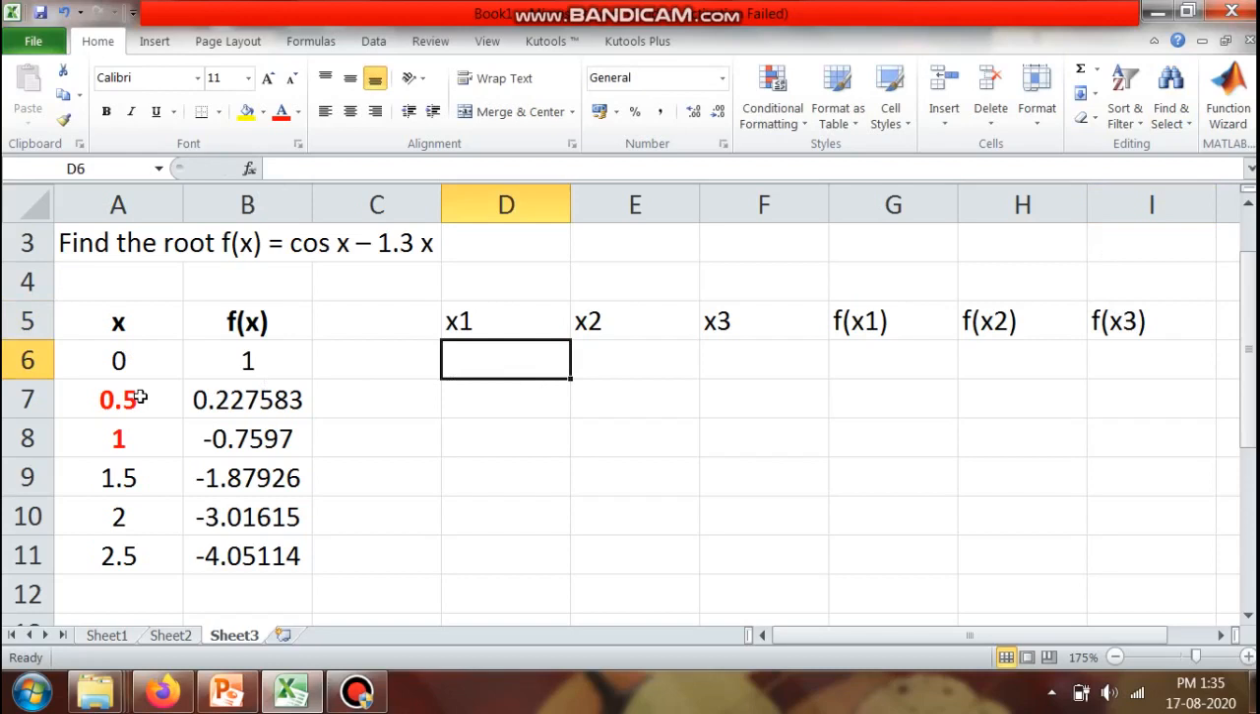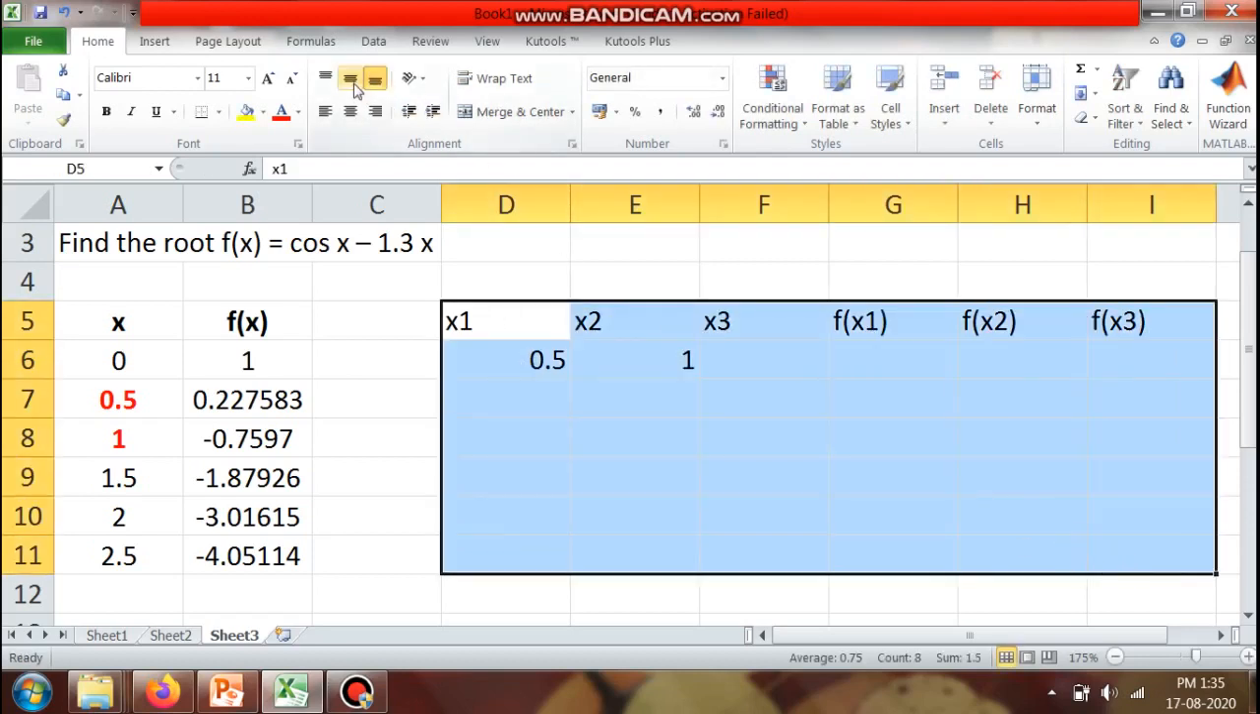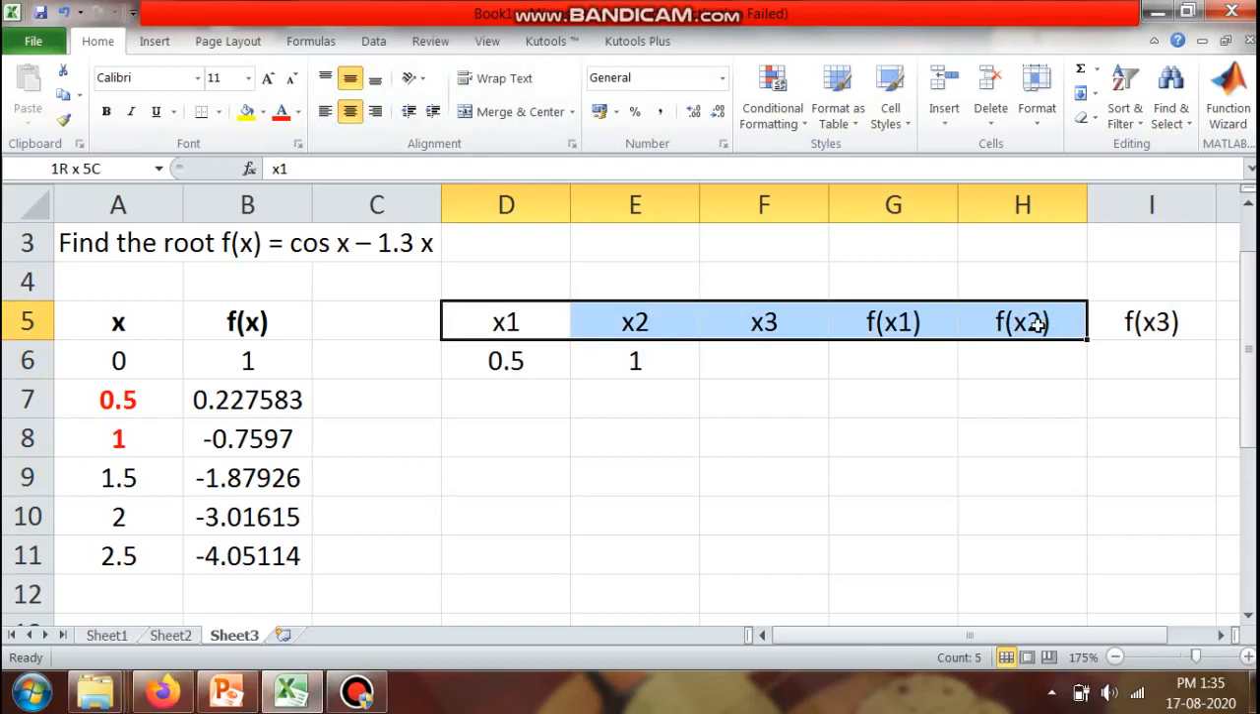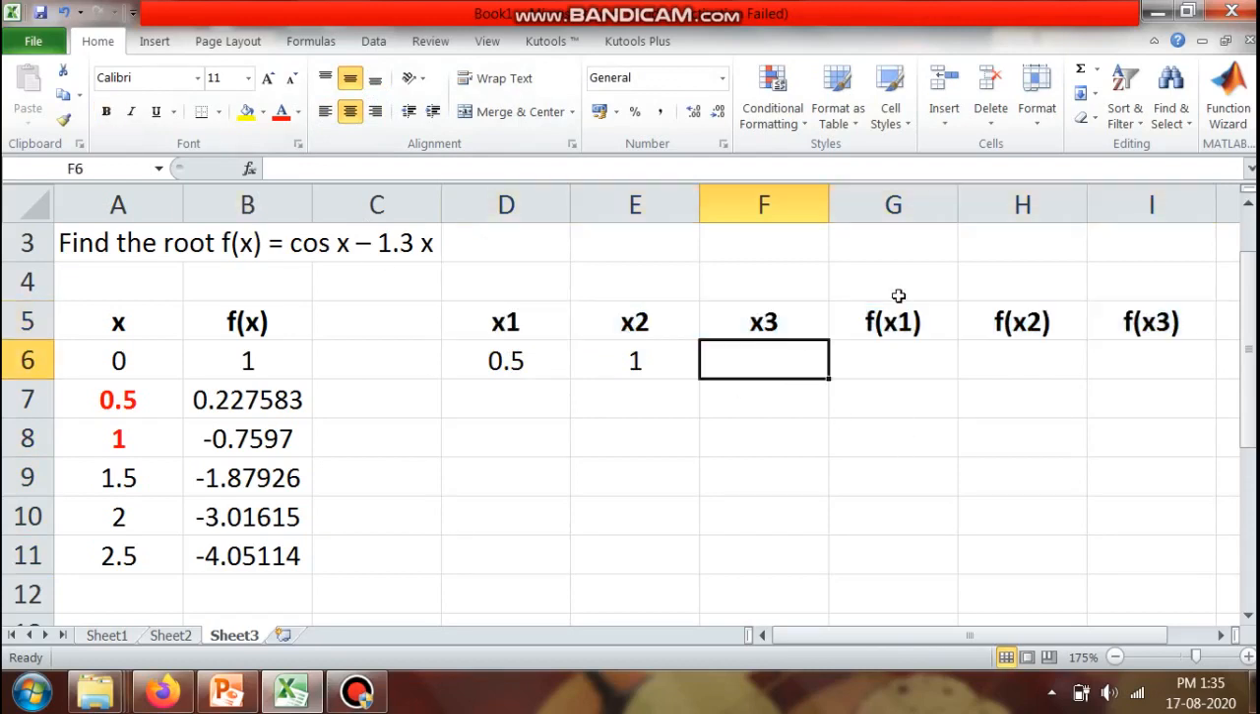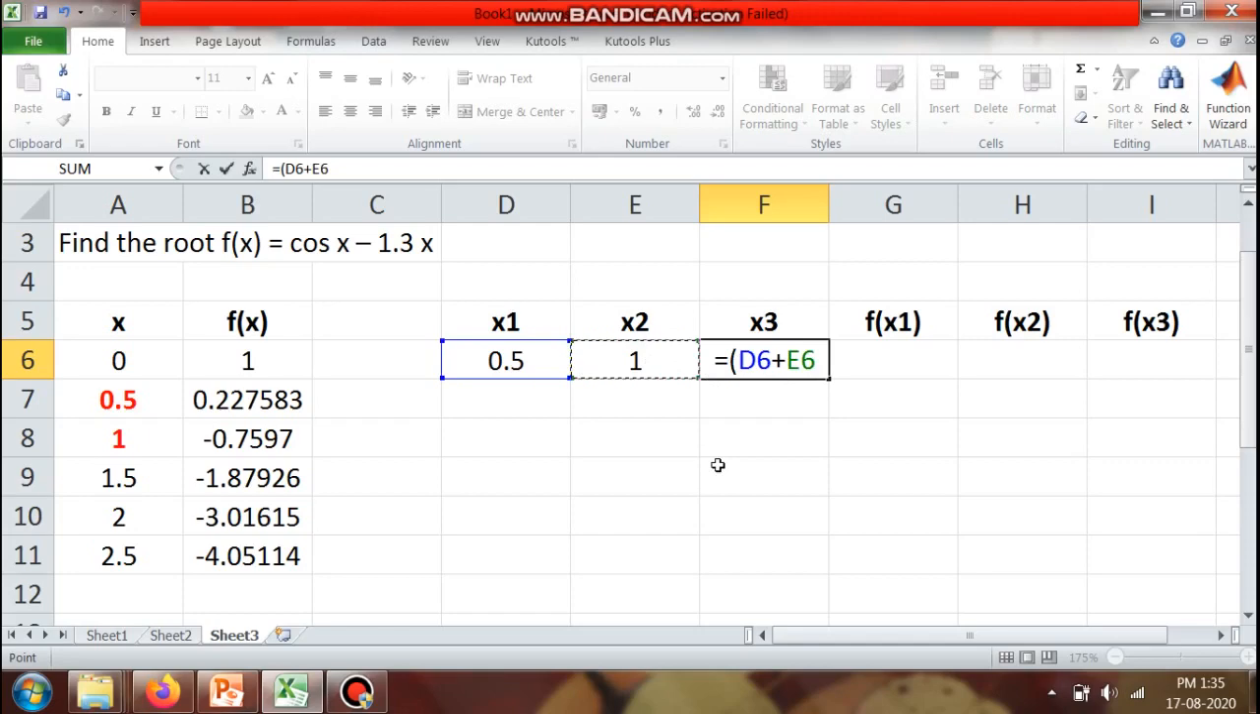So now, as we know, the value of x1 is considered to be 0.5 and the value of x2 is considered to be 1. As we know, the formula to calculate x3 is nothing but the midpoint between these 2 points, so x3 is equal to (0.5 plus 1)